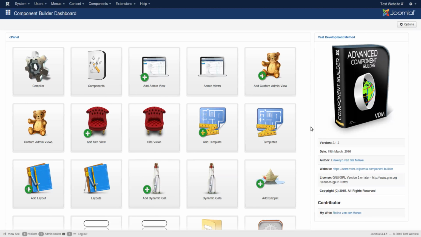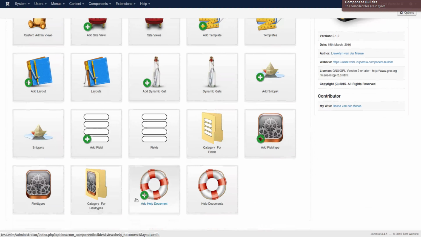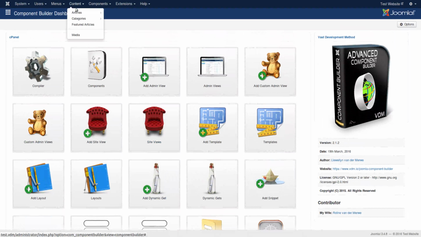So we need to define a few terms. What is a view? What is a field? What is a component? All those kinds of things. So we would like to start with what is known as field types. There is always a field type needed if you are building a field. Field types, if we were to just go to Joomla itself and maybe create a new article,